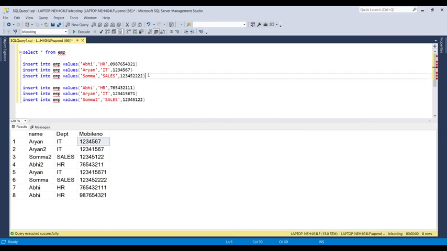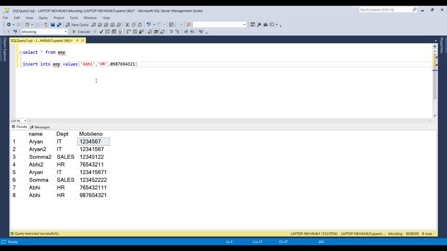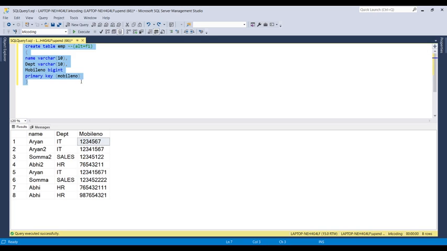So, set aside, we are just copying this insert statement because we have to write the same insert statement, and we are going to use the same create table statement with the table name EMP2, and inside primary key we are going to pass another field, which is name. Now it has become a composite key. Let's select and execute this create table statement.